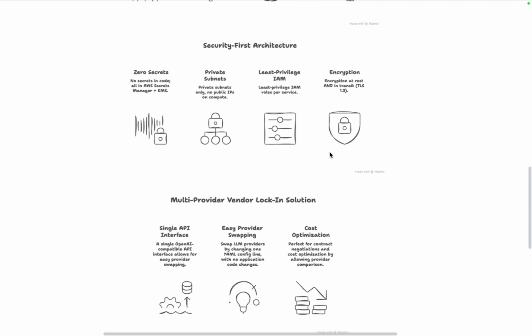And least privilege IAM access has been provisioned, which means that only necessary permissions are given to your IAM roles to access your secrets and also the other services. And encryption is enabled at rest and in transit, and also TLS 1.3 has been enabled for your services like RDS and